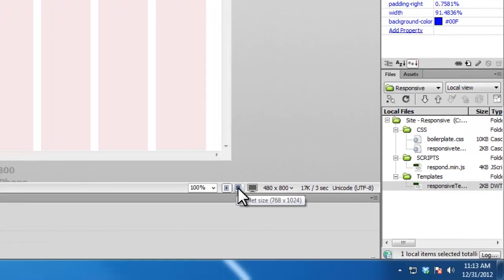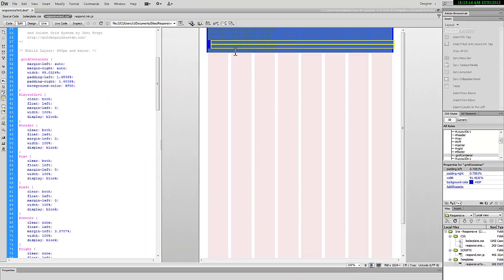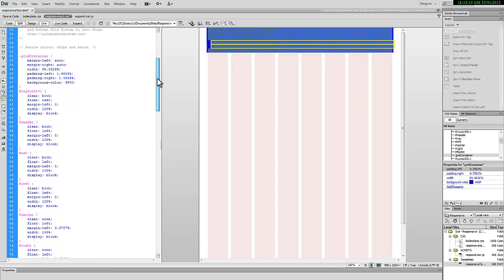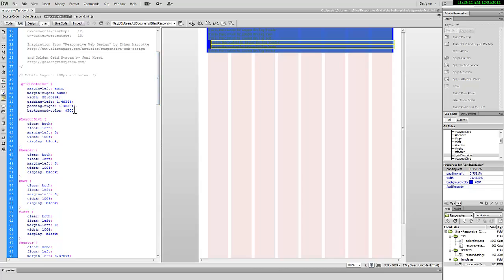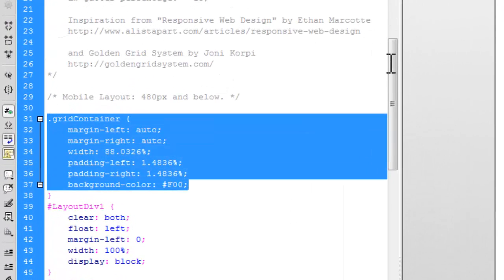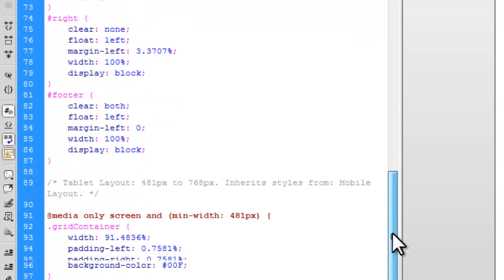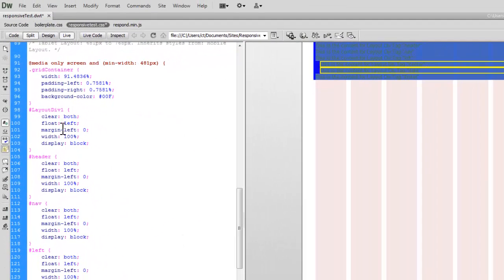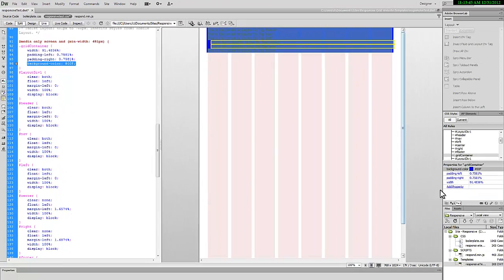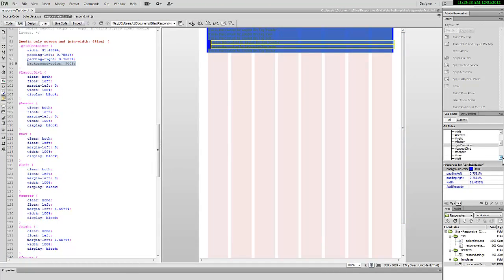If when I switch to the tablet size though, you'll notice that the background color turns to blue, and that's because looking at the cascade we're using the same class, but because it is being read later for the tablet, and these rules are only being applied once it has a minimum width of 481 pixels. Once it reaches that 481 pixel minimum, then it overrides the previous color of red with this color of blue. And the same thing will happen if we change at the next level,